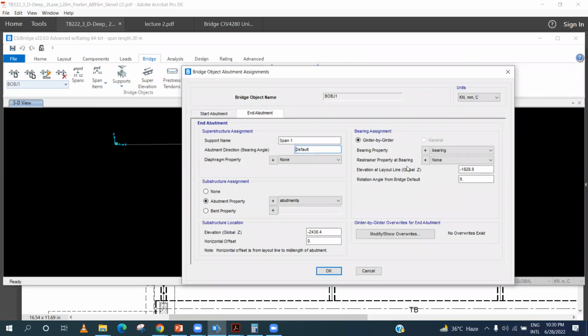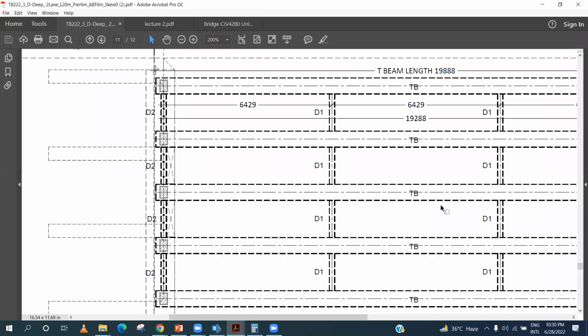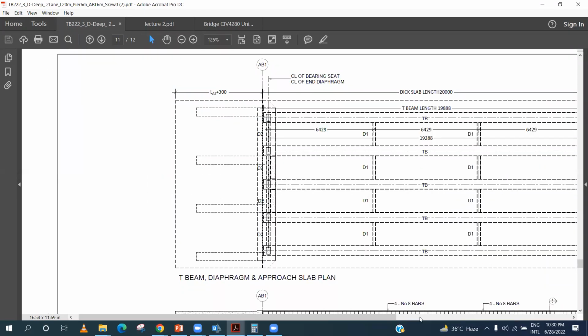Now the end bearing. So the same definition will be for the end abutment. All the other options are the same. We have abutment property. I had defined it previously. It has the same elevation 1552, and the same 1502. Similarly, the bearing. I will see what is the bearing. Okay, so at the end we have, I believe,